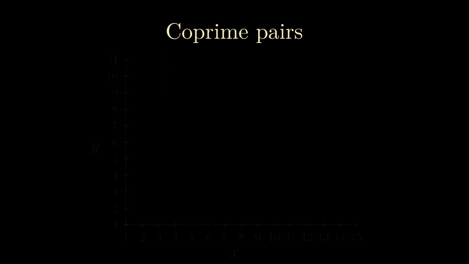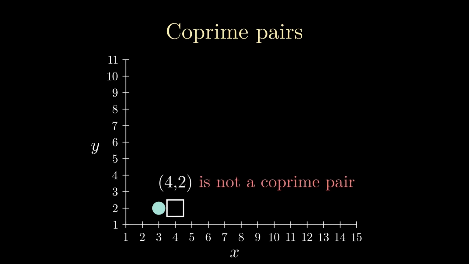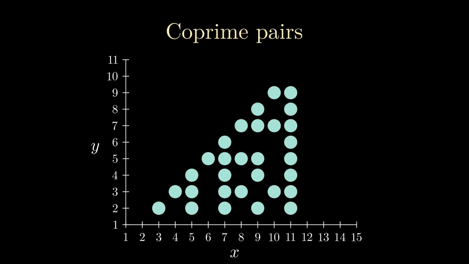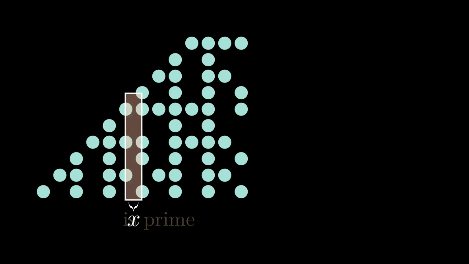In this video, we will create a map of co-prime pairs. Basically, if the pair xy is co-prime, then we place a dot there. If not, then we leave it blank. And from this map, based on the pattern formed by the number x, we can deduce if x is a